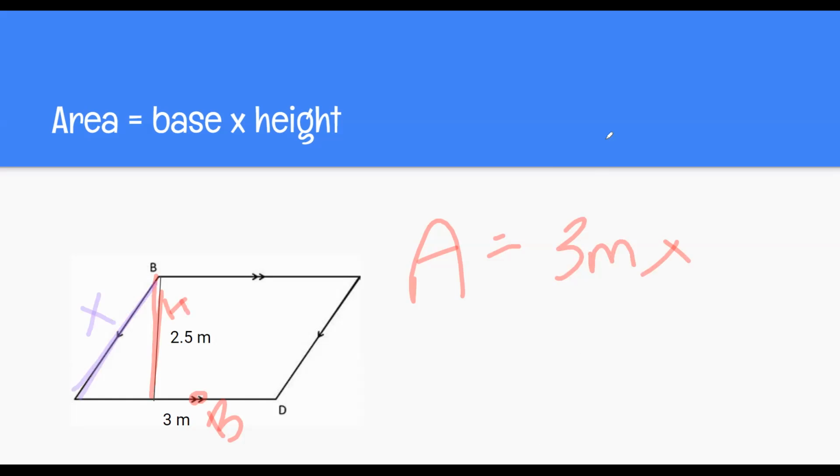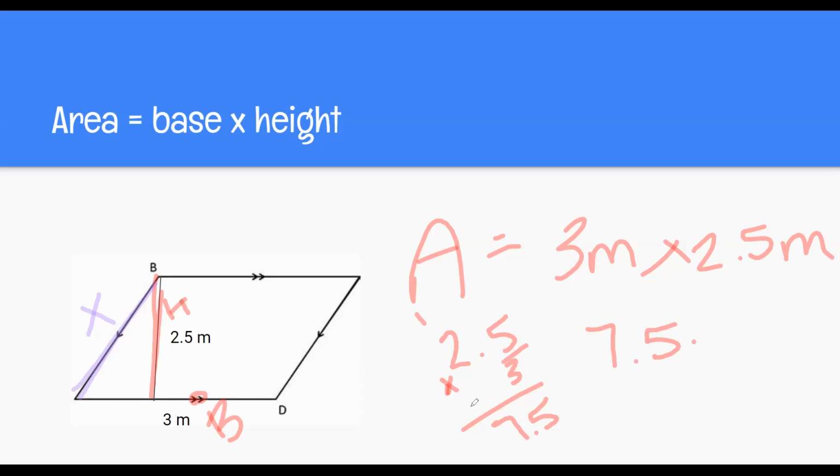So then my height is 2.5 meters. So I need to multiply 3 times 2.5. So I'm going to do that over here. So 5 times 3 is 15. And then 3 times 2 is 6, plus 1 is 7. And then I have one number behind my decimal point, so I need one number behind my decimal point. So I have 7.5, and then I have its meters, and I have 2 of them, so it is 7.5